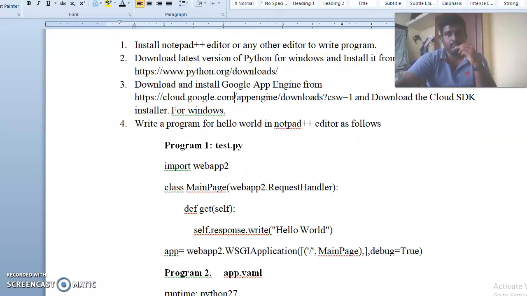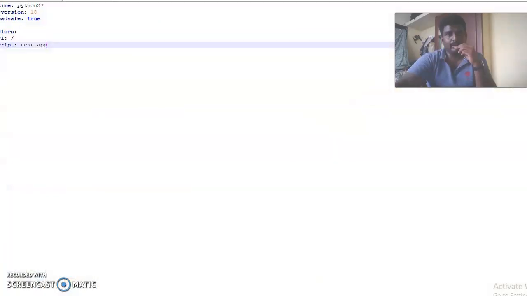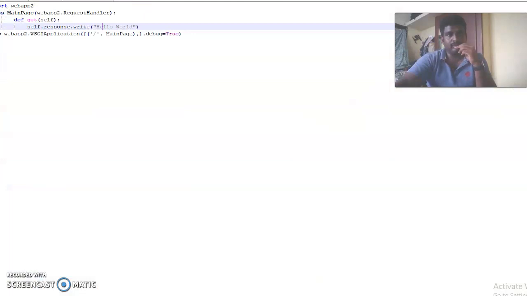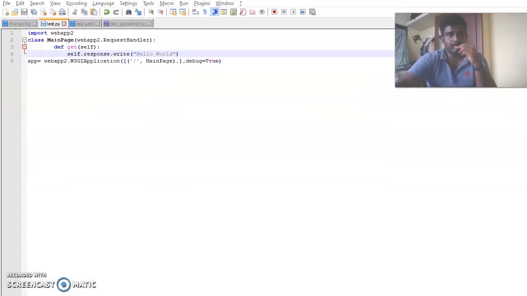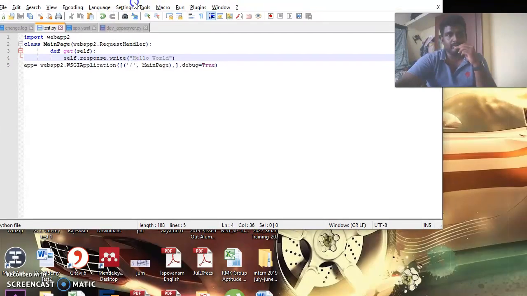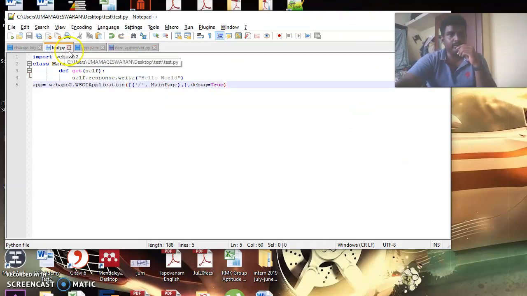After that, in Notepad++ I have created two files. Here you can see that I have created a file called test.py, and I have written the program for displaying Hello World.